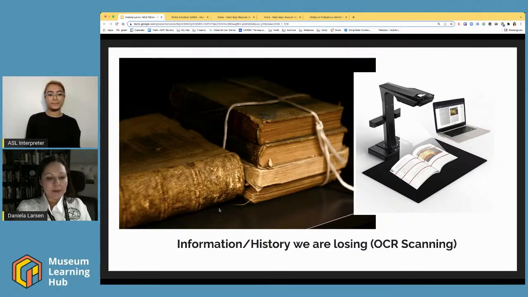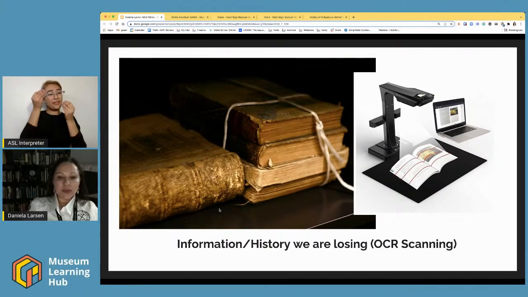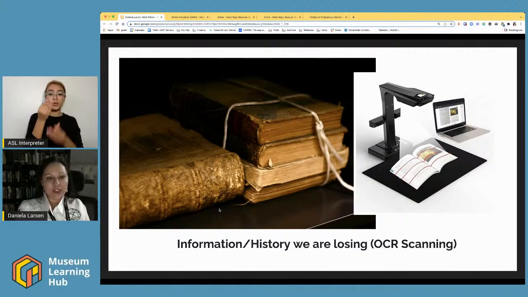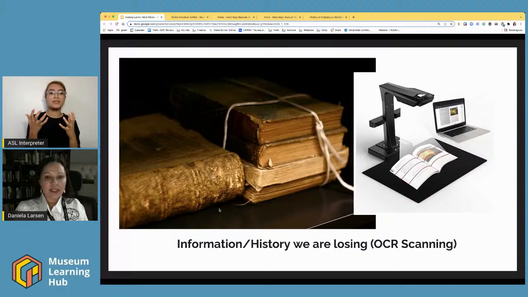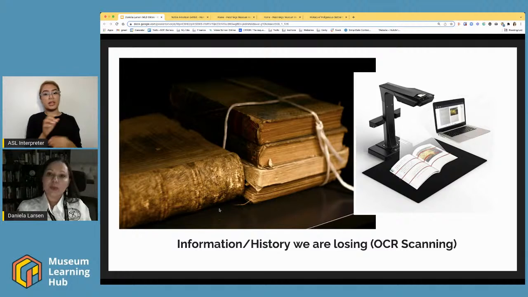The information that we are really losing right now, so much of it is a lot of old books that are out of print. As I mentioned earlier, especially younger people, or even if you're just going to a library, there's so many things that are out of print.